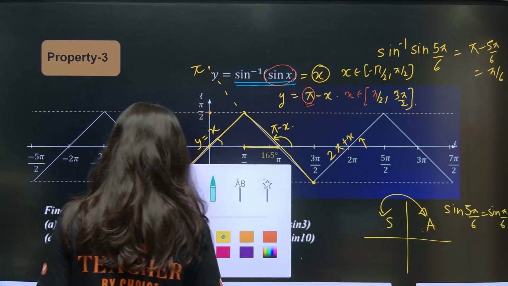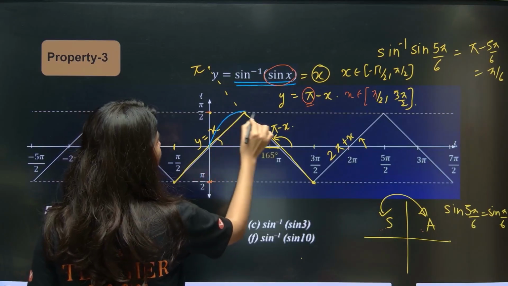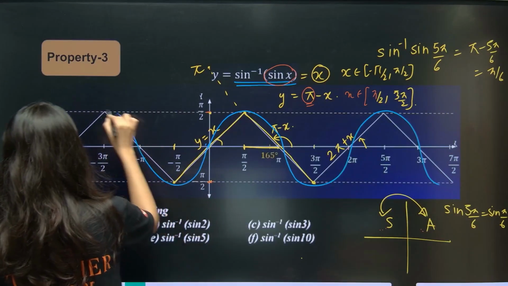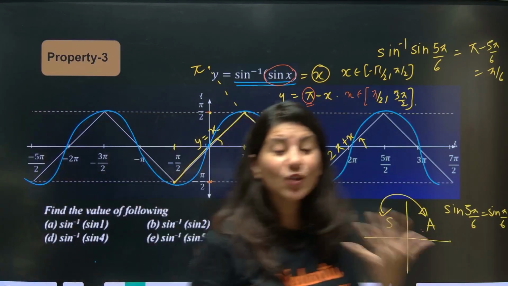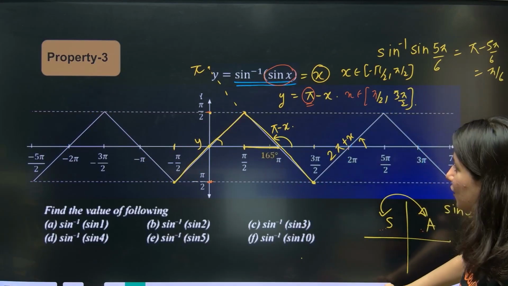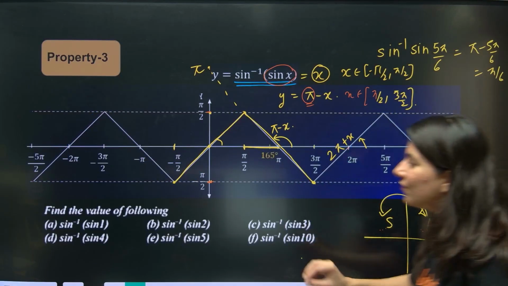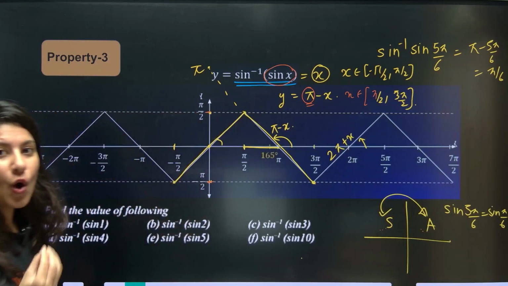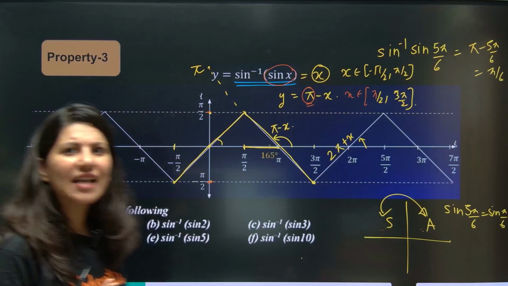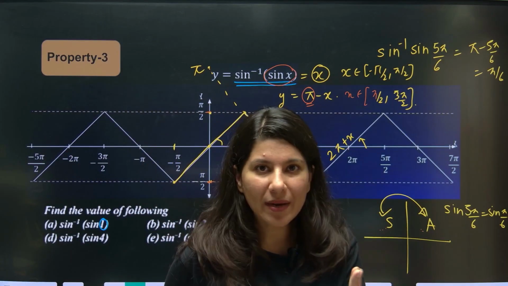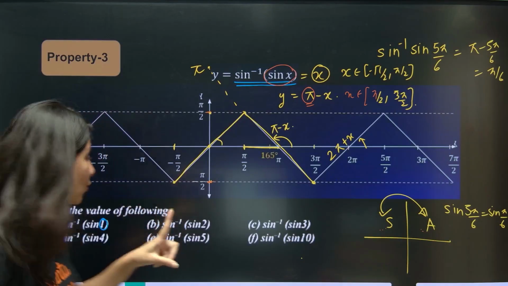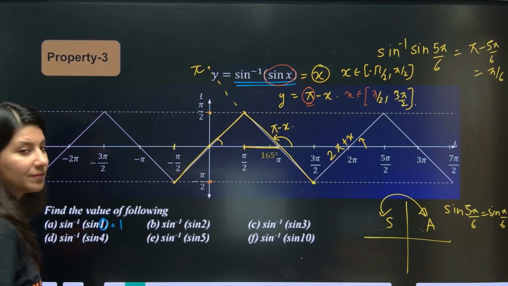See, let me tell you. Sin x graph, what was the graph? So ma'am, sin x graph was this. It started with 0 and it is just a triangular version of sin x. Don't you feel this is a triangular version of sin x? So now you just need to know where exactly your angle is. Sine inverse sine 1. Tell me, 1 lies where? Ma'am, 0 to pi by 2. Pi by 2 is 1.57. So sine inverse sine 1. 1 is lying in the first quadrant. So this will become just 1.